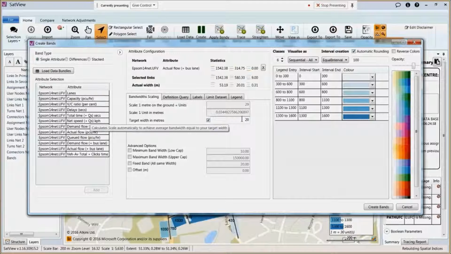You can say you want it to be 40 meters instead, and that looks nice. It does some rounding itself. I think this is a really nice and quick way to do this, rather than having to sit and do the calculations yourself. What we see is if we now click on the create bands again,